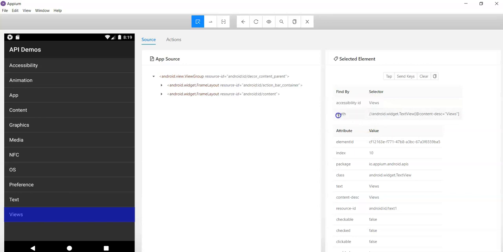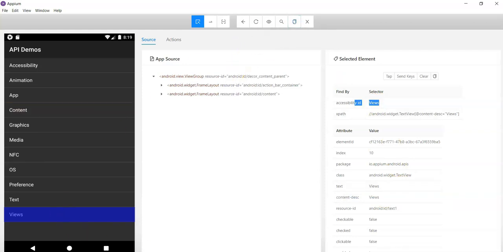Here you can find the XPath as well, but you did not find this XPath attribute in UI Automator Viewer tool and Monitor tools. Now generally accessibility ID and content desc values are the same. So you can use the content desc value as accessibility ID.